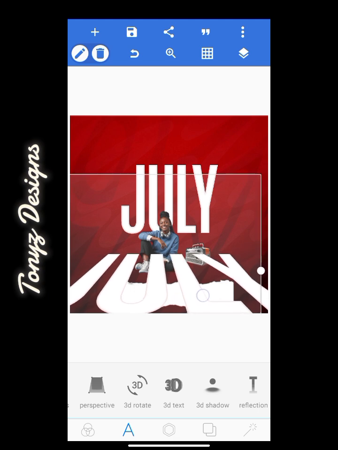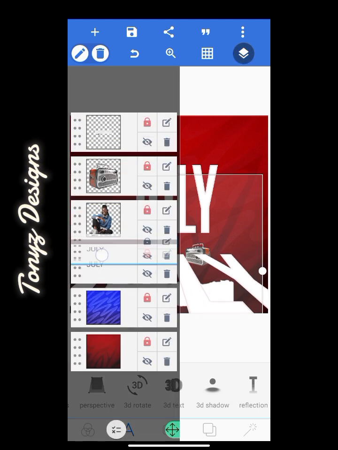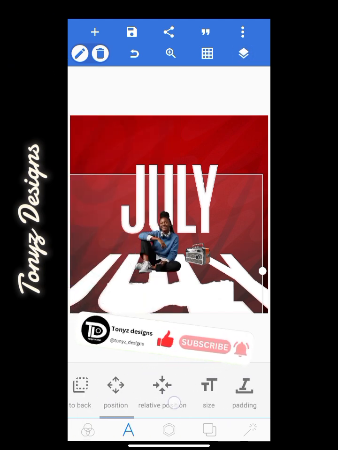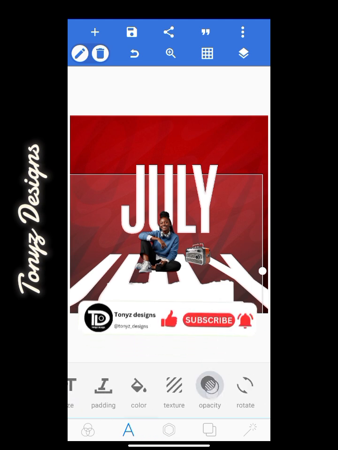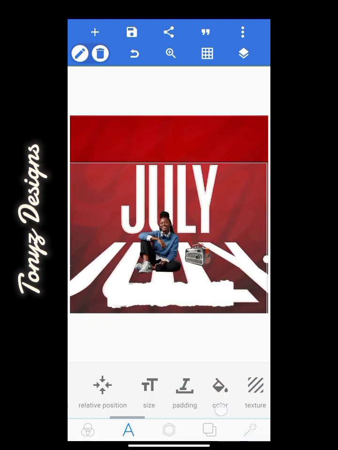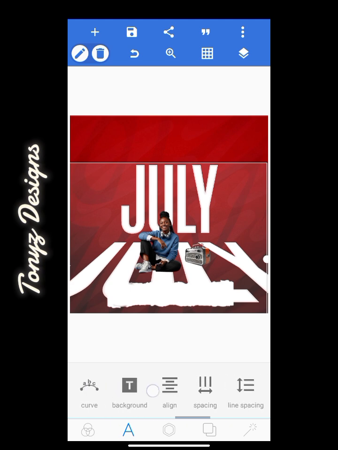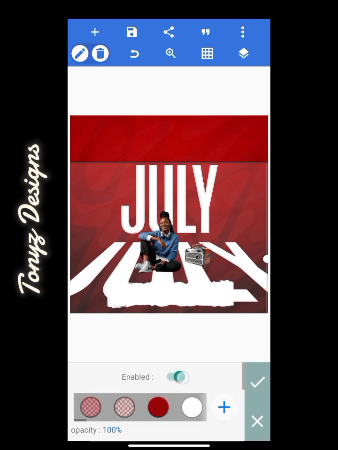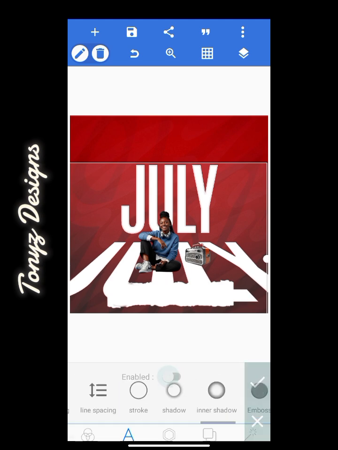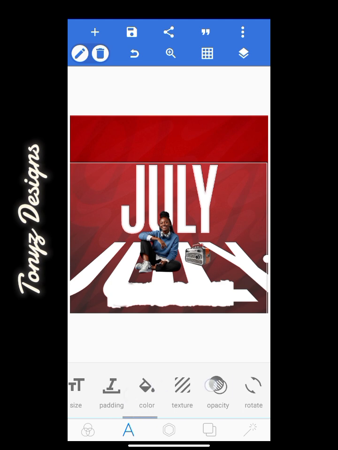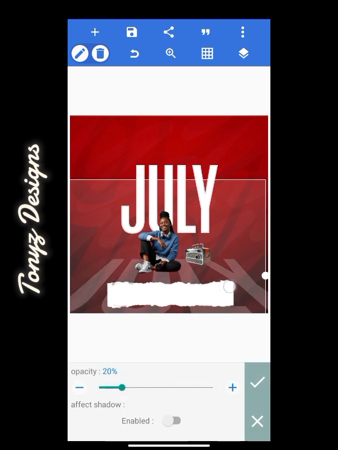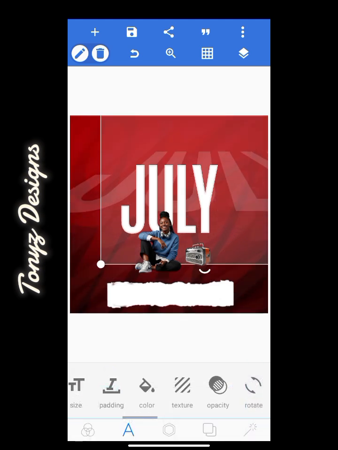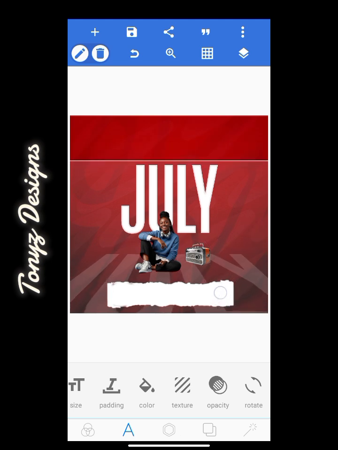Once we've placed this here, we'll be sending this particular image to the back. Exactly like this, and we'll be reducing the opacity of this particular text. But before we reduce the opacity of this text, we'll go over to disable the stroke. We'll disable the shadow, and we'll disable the inner shadow, and we'll head over to opacity again to reduce the opacity until we achieve something like this. So we'll be leaving the opacity as 15, and we'll use our hand to just increase this a little bit,